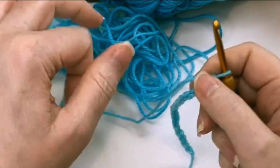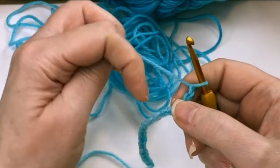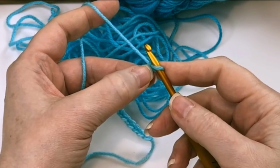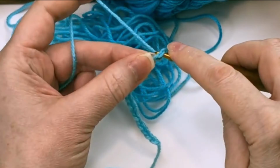Now because the pattern calls for you to skip quite a lot of stitches, I'm going to start off with just a first row of single crochet. So we're going to skip this first stitch, and in the second chain from my hook we're going to put a single crochet,